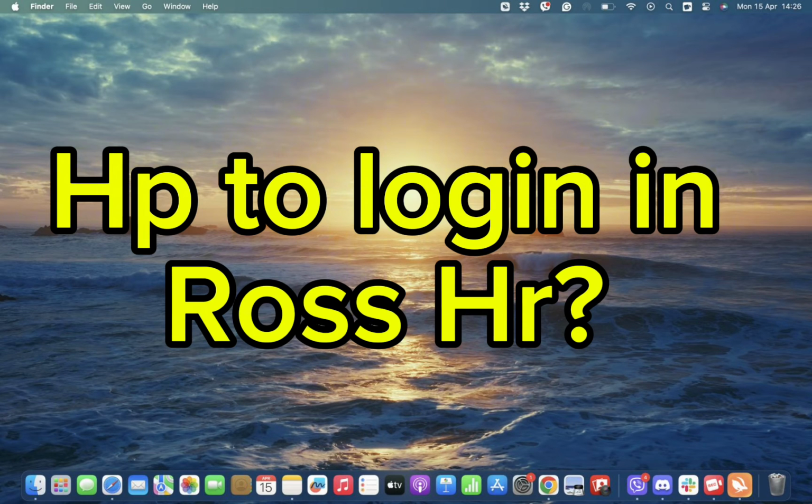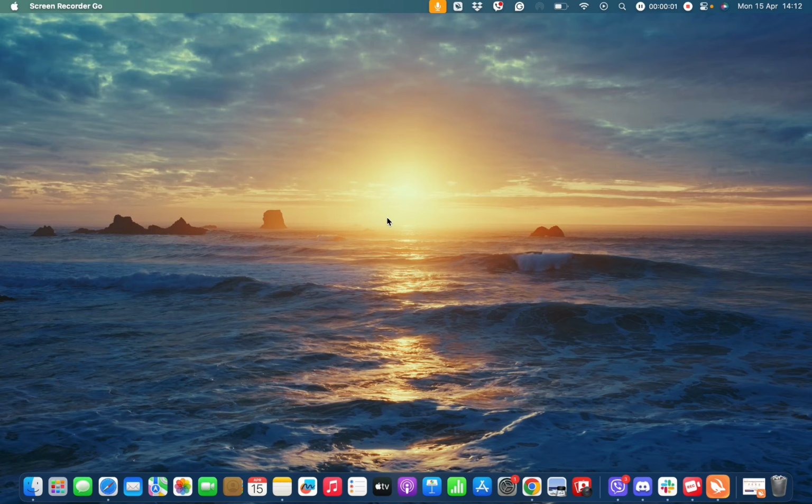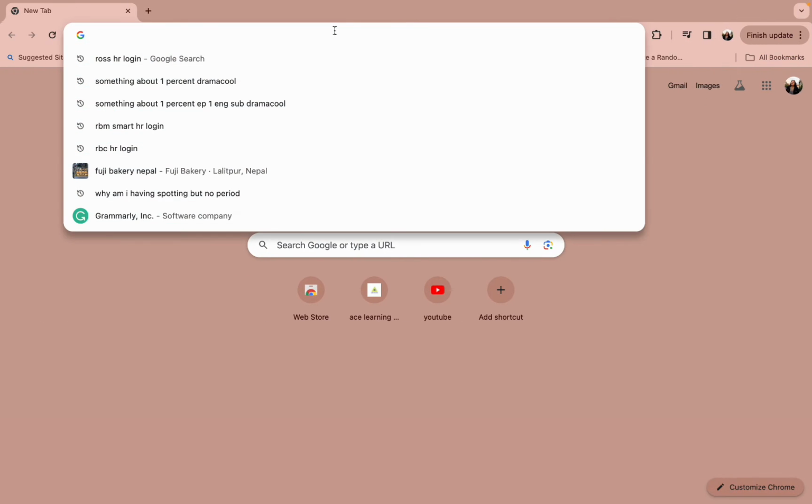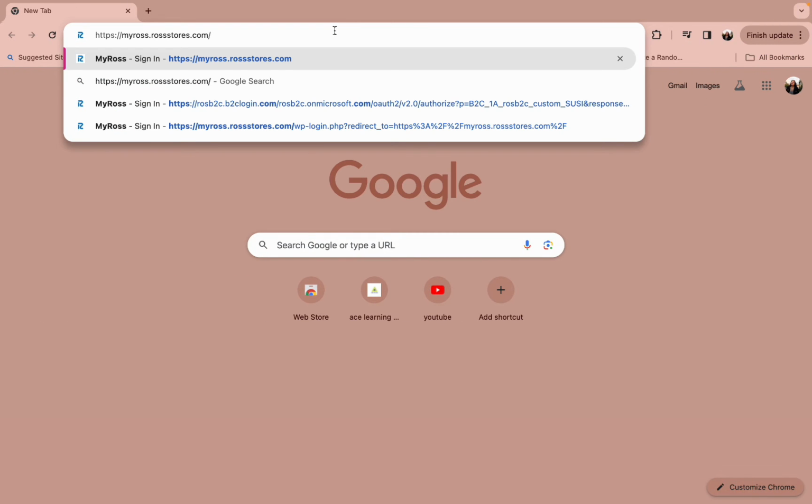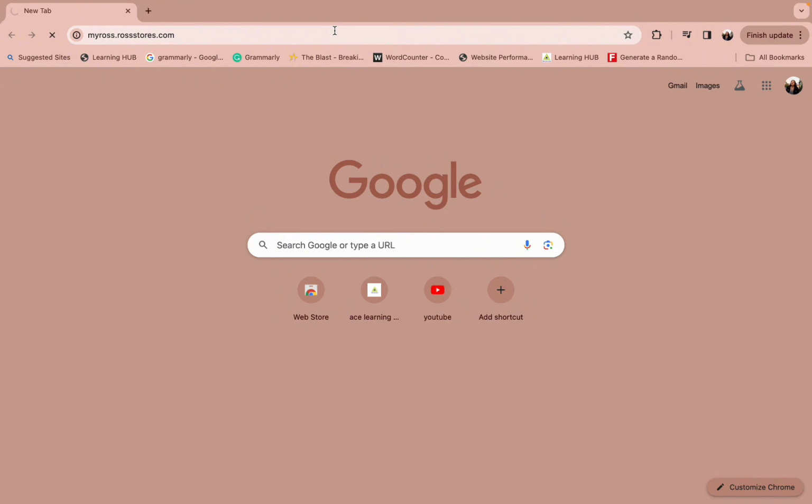First and foremost, all you need to do is simply open a web browser of your preference and type in the URL www.myrush.rushstores.com. After you do so, you will end up in this interface where all you need to do is